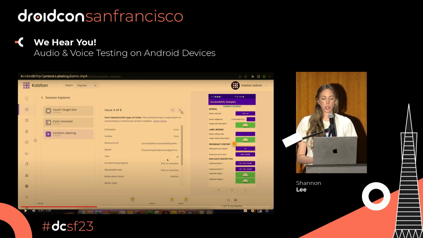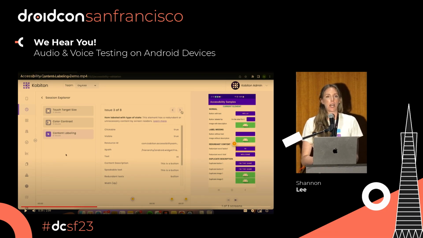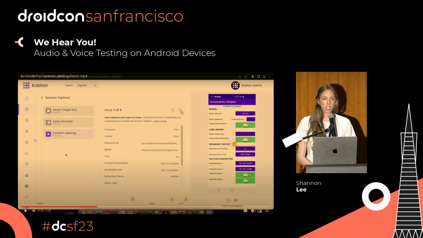So as a developer, we can go in, see this, come back into Android Studio, connect to that device, modify that content label, and then go ahead and compile and repackage the APK, so that with those labels, those individuals using Android TalkBack are going to be hearing the correct labeling. So a big takeaway with this one, once again, is that you don't necessarily have to have the audio to hear it. We have our content labeling that can catch that without even having to hear the audio itself. Of course, it wouldn't hurt to have a double check to launch into a manual session and also hear the correct or incorrect labeling on top of it.